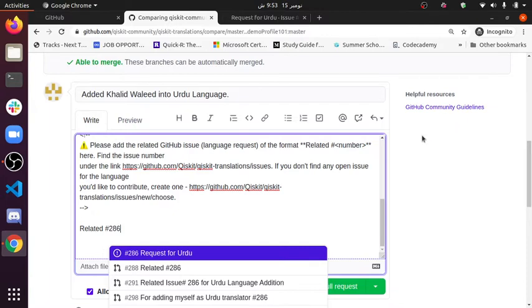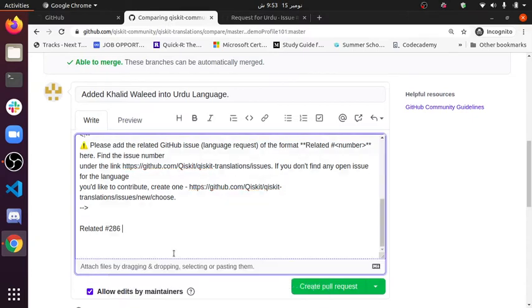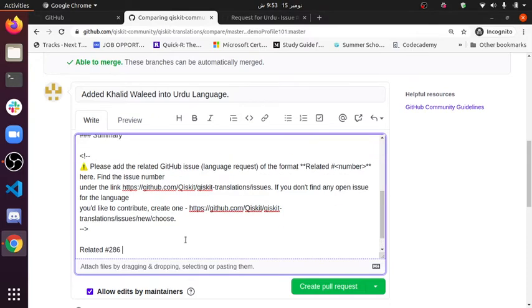When you type 286, it will give you a suggestion, 286 Request for Urdu. Yes, we want that, so click here. Nothing else needs to be changed right now.